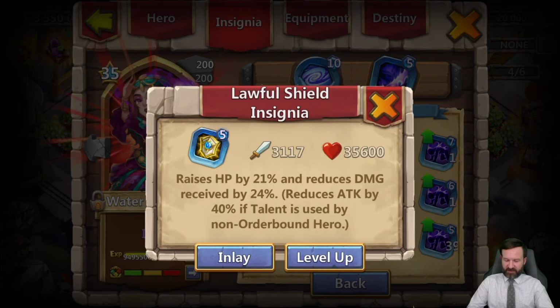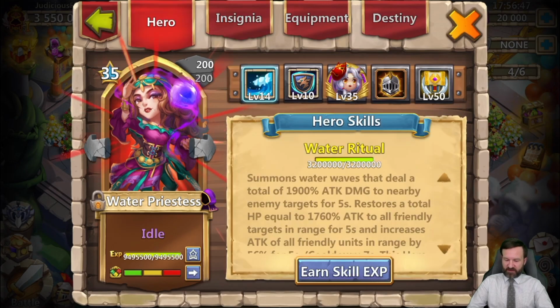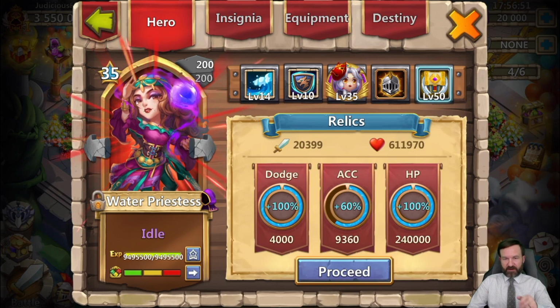Let me get my stuff back the way it was. Okay. For our hero relic system, I've got a dodge, wonderful. Support hero. Health, wonderful. Accuracy, don't need it, but I'm not gonna turn it down. I've got a